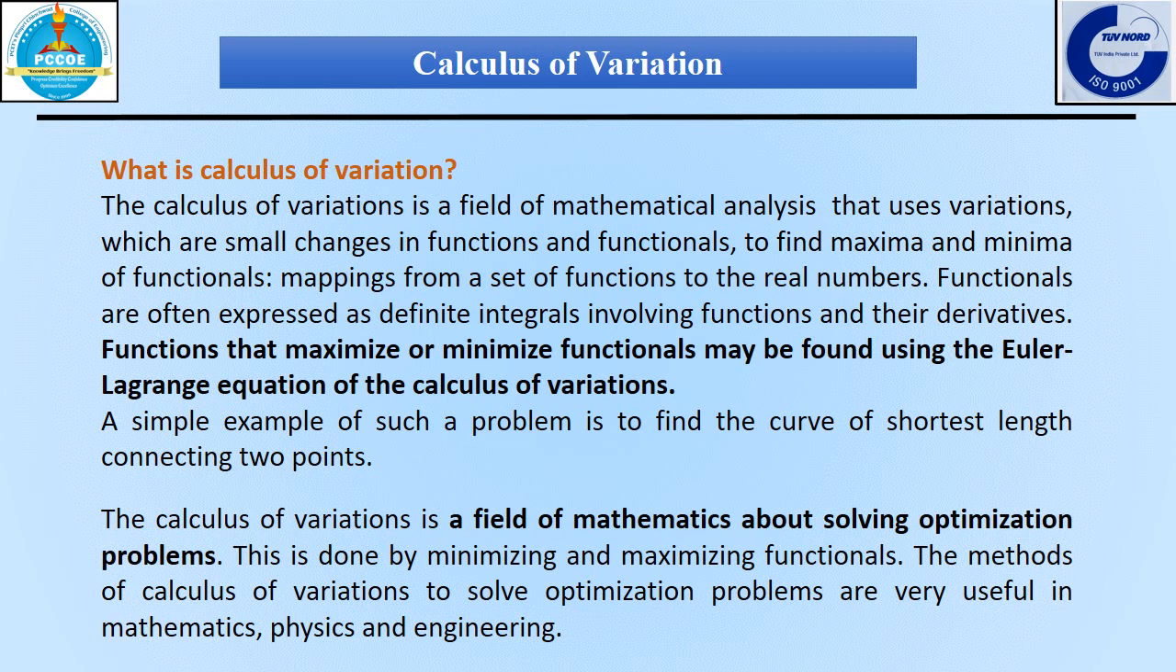So basically we will see first what is Calculus of Variation, which is a field of mathematics about solving optimization problems. This is done by minimizing or maximizing a functional, where we want to find the extreme values, or to solve the dynamic equations based on differential and integral equation forms. This method of calculus of variation is very useful in mathematics, physics and engineering. Some methods we will see, such as the Euler-Lagrange equation,